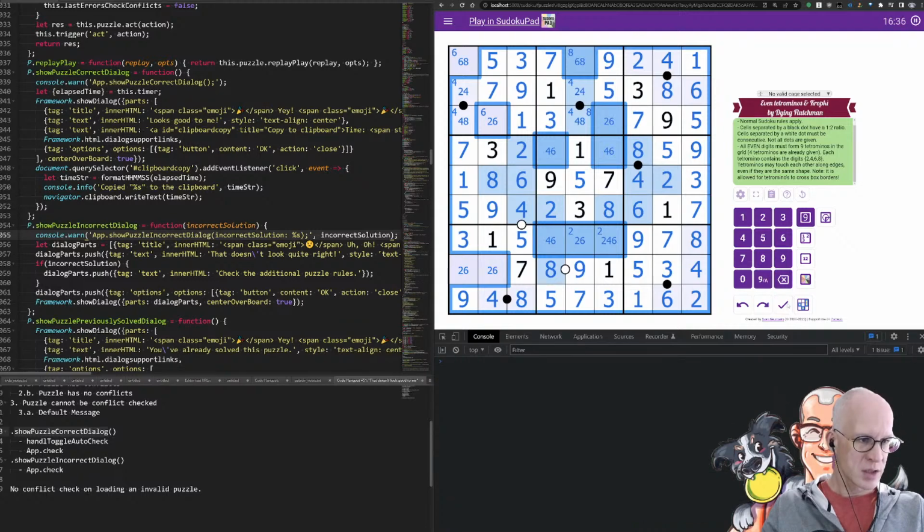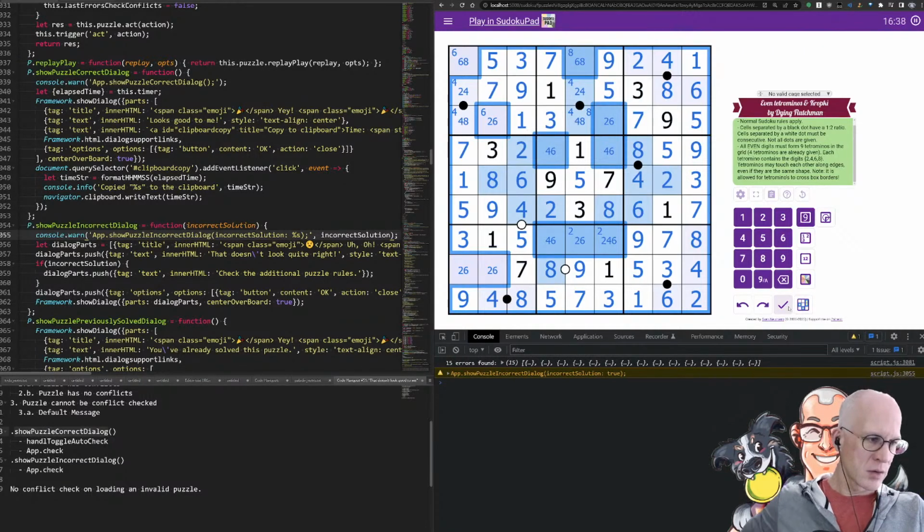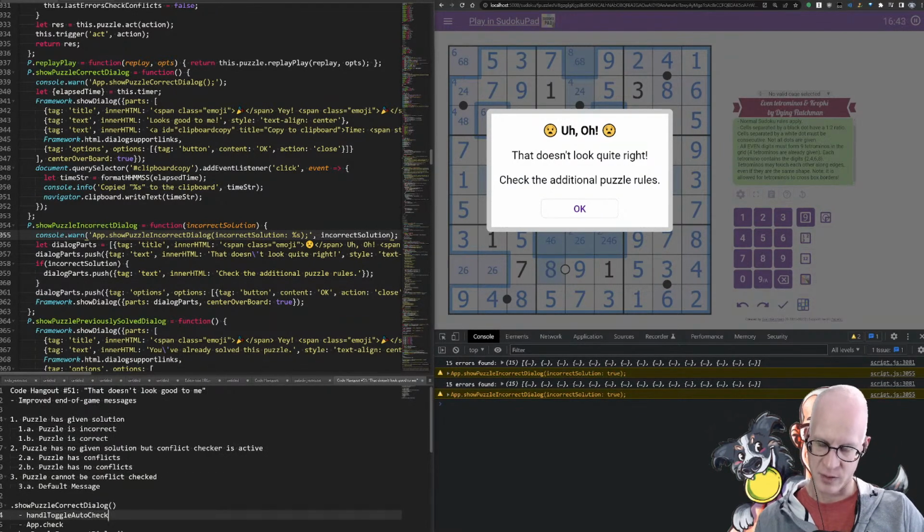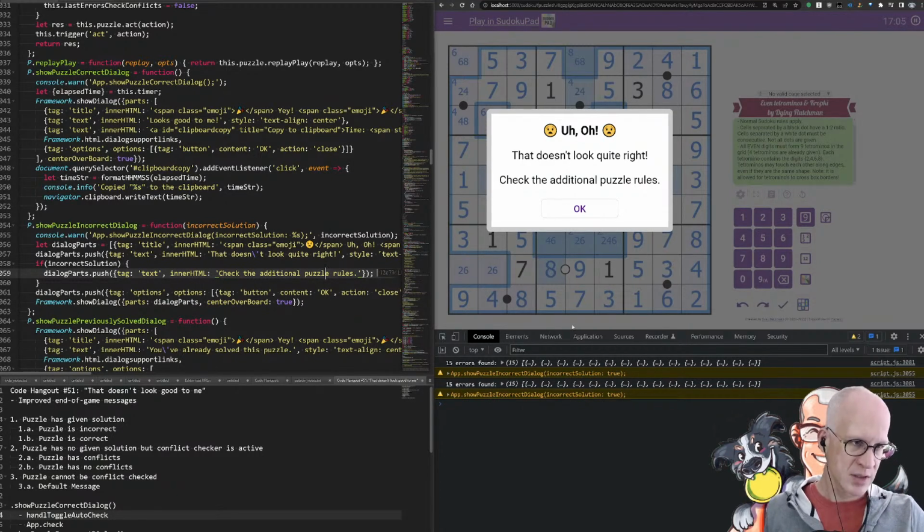So if I do a check now, yeah. So okay, let's try this one. Actually I forgot about that. I think the check function right now should use the same message as the end of puzzle function, because it's just running a check basically. So that doesn't look right. Check the additional puzzle rules. That message should be a little bit more. So it says incorrect solution here.